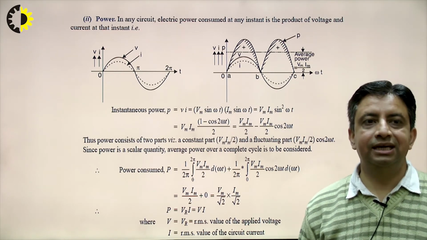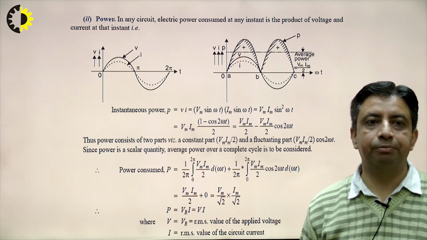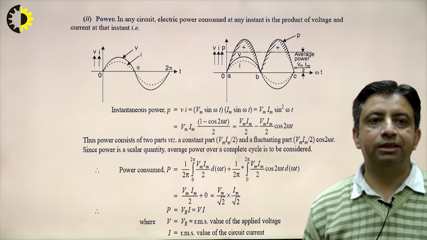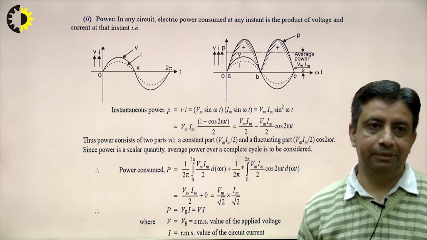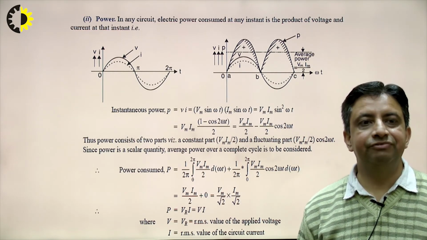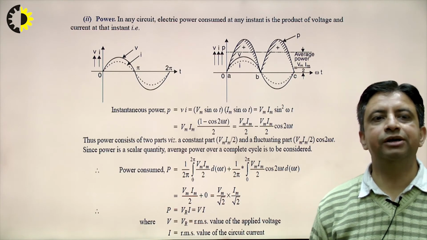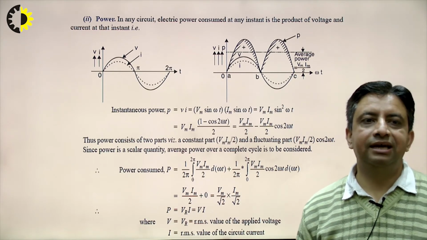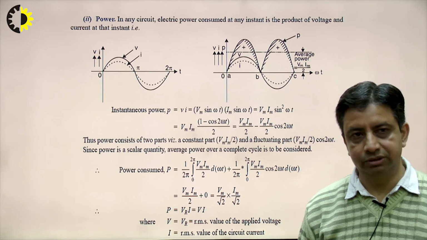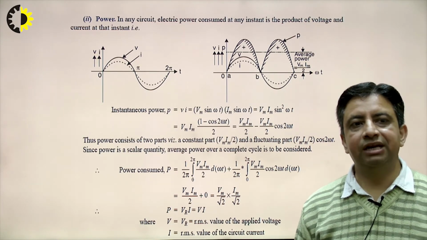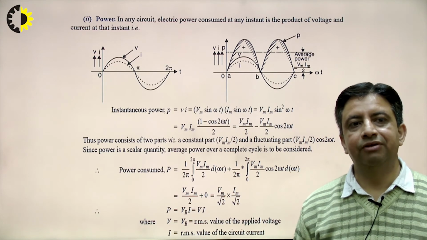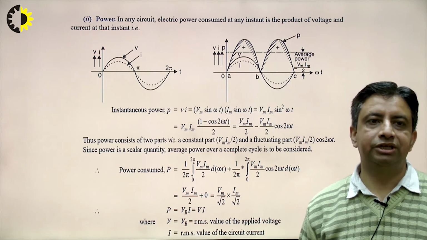So, you can see here the expression for power in case of purely resistive circuit will be the product of V RMS into I RMS. In this case, we generally consider power as V I cos phi, but as you can see here again the phase angle is equal to 0. So, cos 0 will be equal to 1, that means again we will get the expression for power as V into I, and the units will be watt.